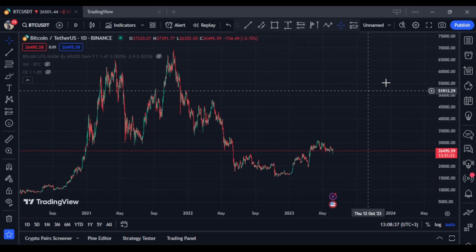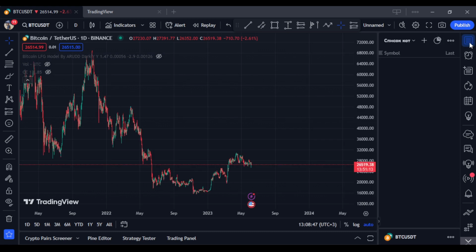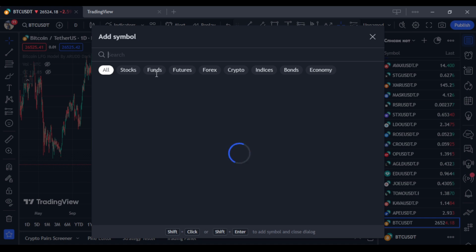As you all might have noticed, on the right side we have the panel of instruments here. We're going to be working with the first two primarily, or even one, because this is the watch list. Here, if we press on it, we can add our favorite currency pairs or trading instruments we would like to work with. In order to add something, you can press on add symbol here or plus, and then we